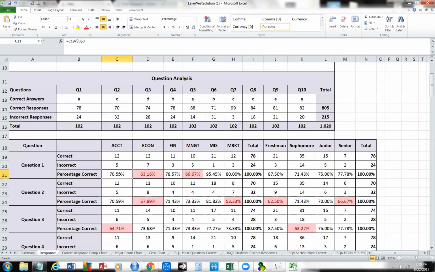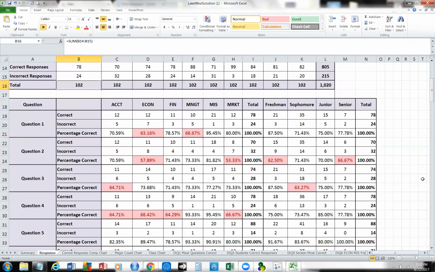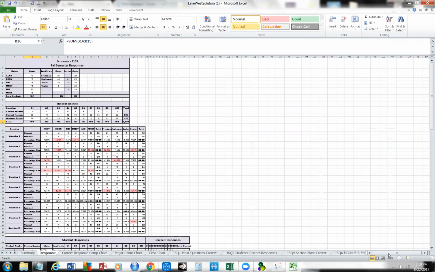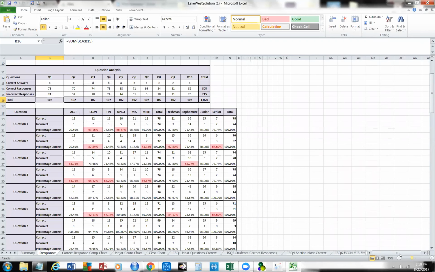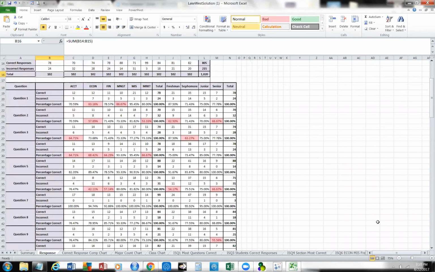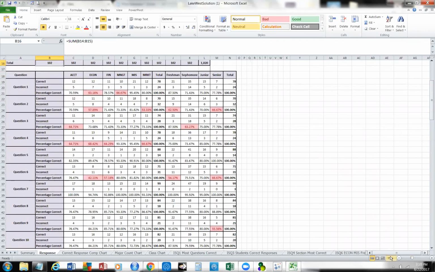We can see how this is built here: the question analysis, how many correct answers and how many correct responses, what the correct answers were, the correct responses and the incorrect responses, and then the totals, and away we go. Now we're into that part I want to talk about, and I've mentioned before, which is looking for patterns. I want to scroll this back up for a minute. I want to focus on this one